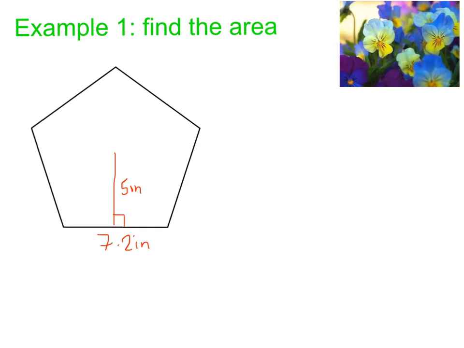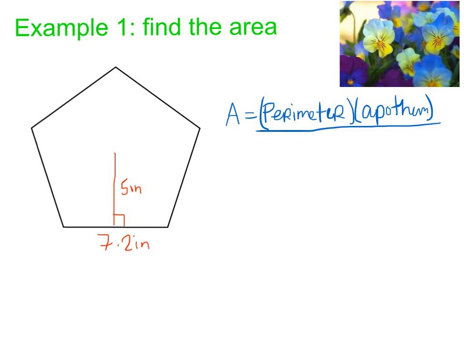So for example 1, they're asking us to find the area of this regular polygon right here. So the first thing you'll need to know is what's the area. So how do you find it? The area of a polygon, a regular polygon, is the perimeter of that polygon times the apothem